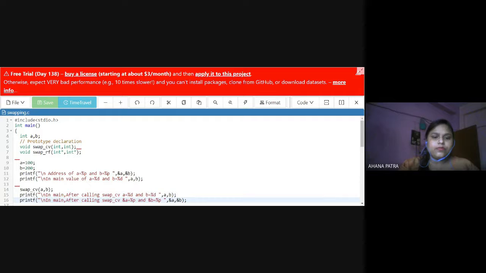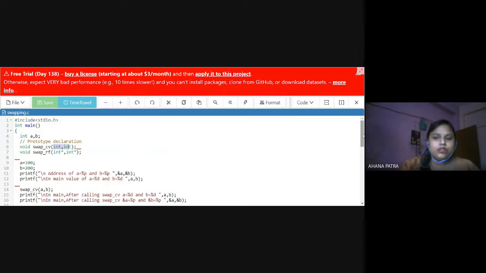So, what is a prototype? A prototype declares the signature of the function: what the function returns, and these two functions return void, which means no return is needed, and what type of input is used. First it uses int, and the call by reference swap function uses int star, which means a pointer variable.